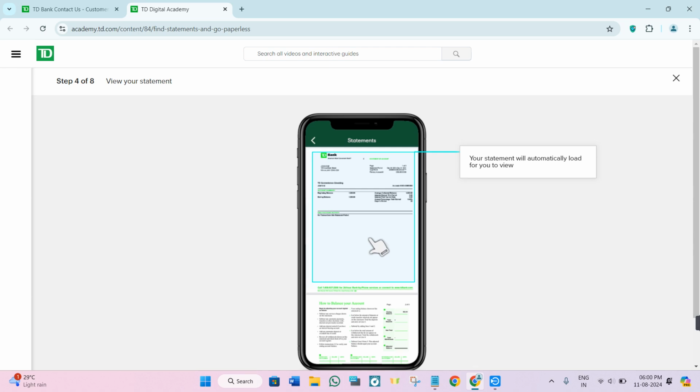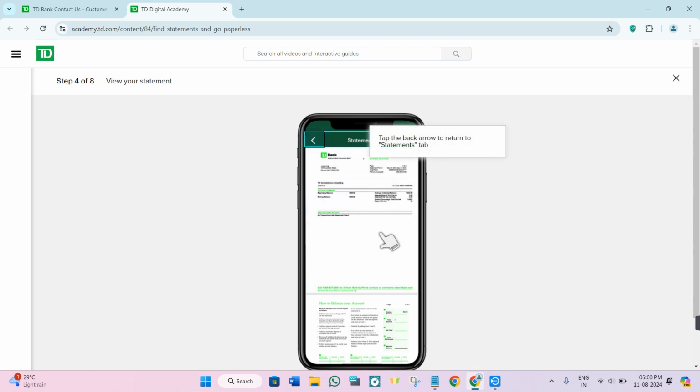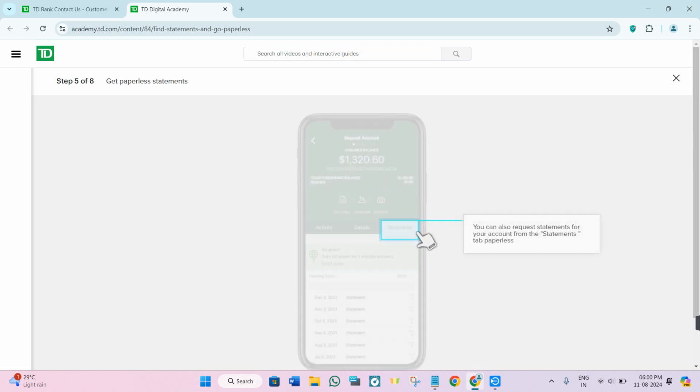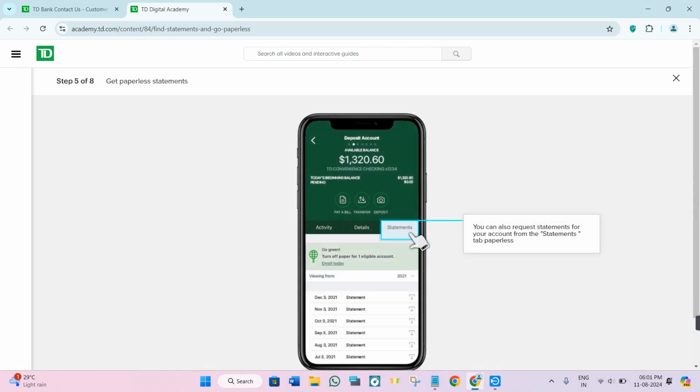Now, in order to download it in your device, you can either take the screenshot, or in order to save it in your gallery, you will be able to see a save button over here. So you just have to tap on that, and this way you will be able to save the statements in